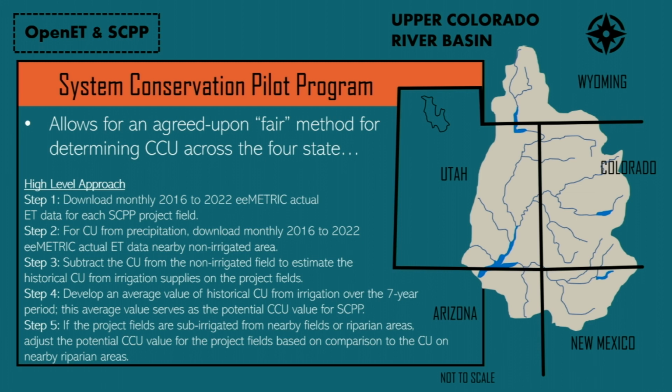And the interesting thing is, as we've rolled this out, we've had mostly a positive response to us providing their historical consumptive use and also their potential conserved consumptive use as part of this program. There's some variability. Every once in a while we get a farmer who's like, well, I put at least 5 feet of water on my field in this acre, and your OpenET is only saying 1. And we're like, okay, well, we're taking out effective precip, and try and walk them through the process. But eventually as they learn about it, and they're like, oh, okay,